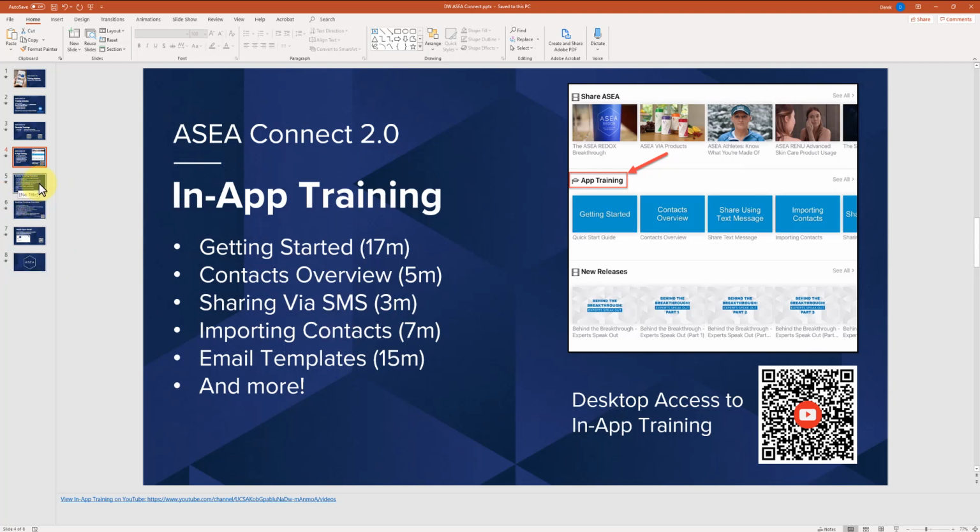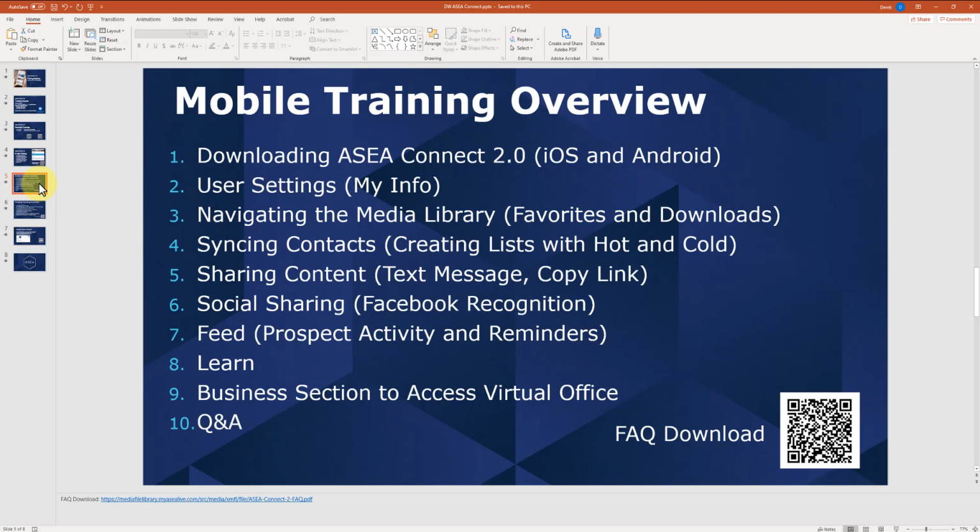So our schedule, what we're going to be running through here today, is going to be largely mobile app training, and the reason we're doing that here is the big announcement, the big release for a lot of ASEA's global market right now is this mobile app release. And so we want to make sure everybody has enough mobile app training and understands how to use it. And then we'll move on to some more deeper desktop training, because this prospecting sharing app that I'm going to be talking about here today does have a desktop counterpart that complements the app and will allow you to send mass emails and a few other fancy things.